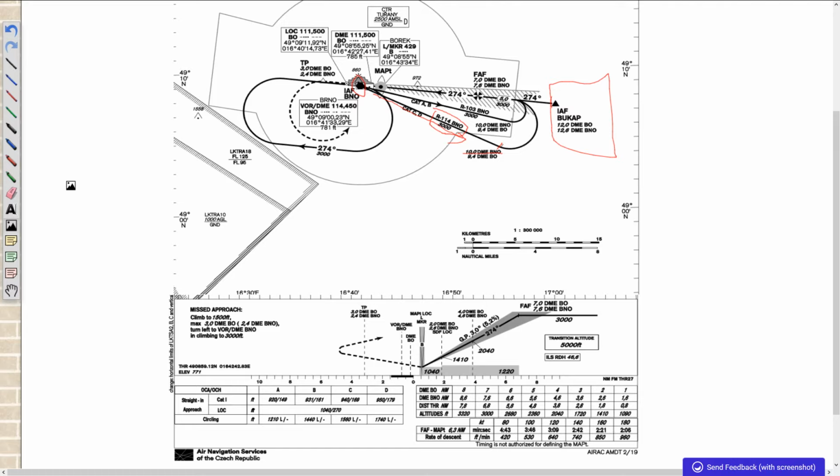Then you finish at the initial approach fix, and from there, for example here B and O, if you are category Charlie or Delta, you fly the radial 114 B and O at altitude 3,000 feet,